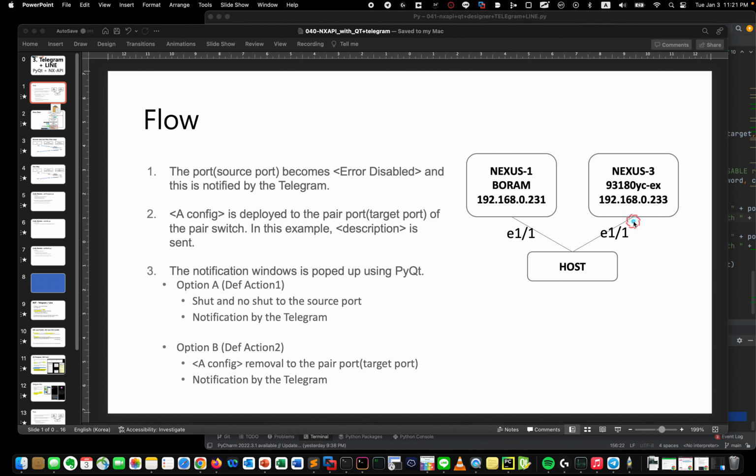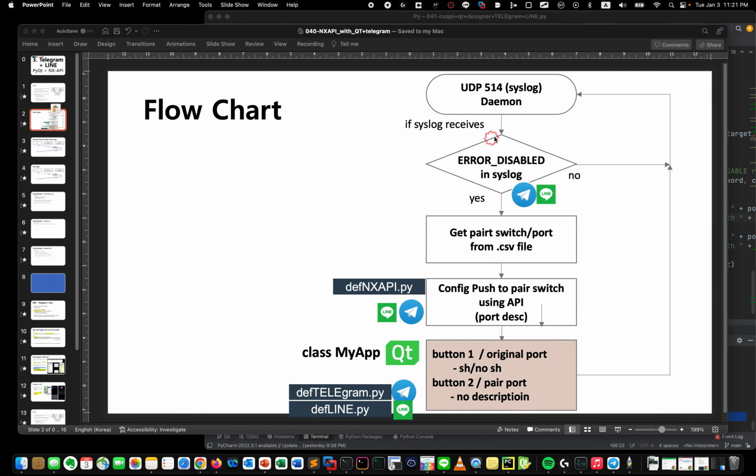When everything is okay, the administrator or the operator wants to remove the added command, so I will remove the command. The flow is the same. It will listen for UDP syslog, and if there is a syslog including the string error disabled,